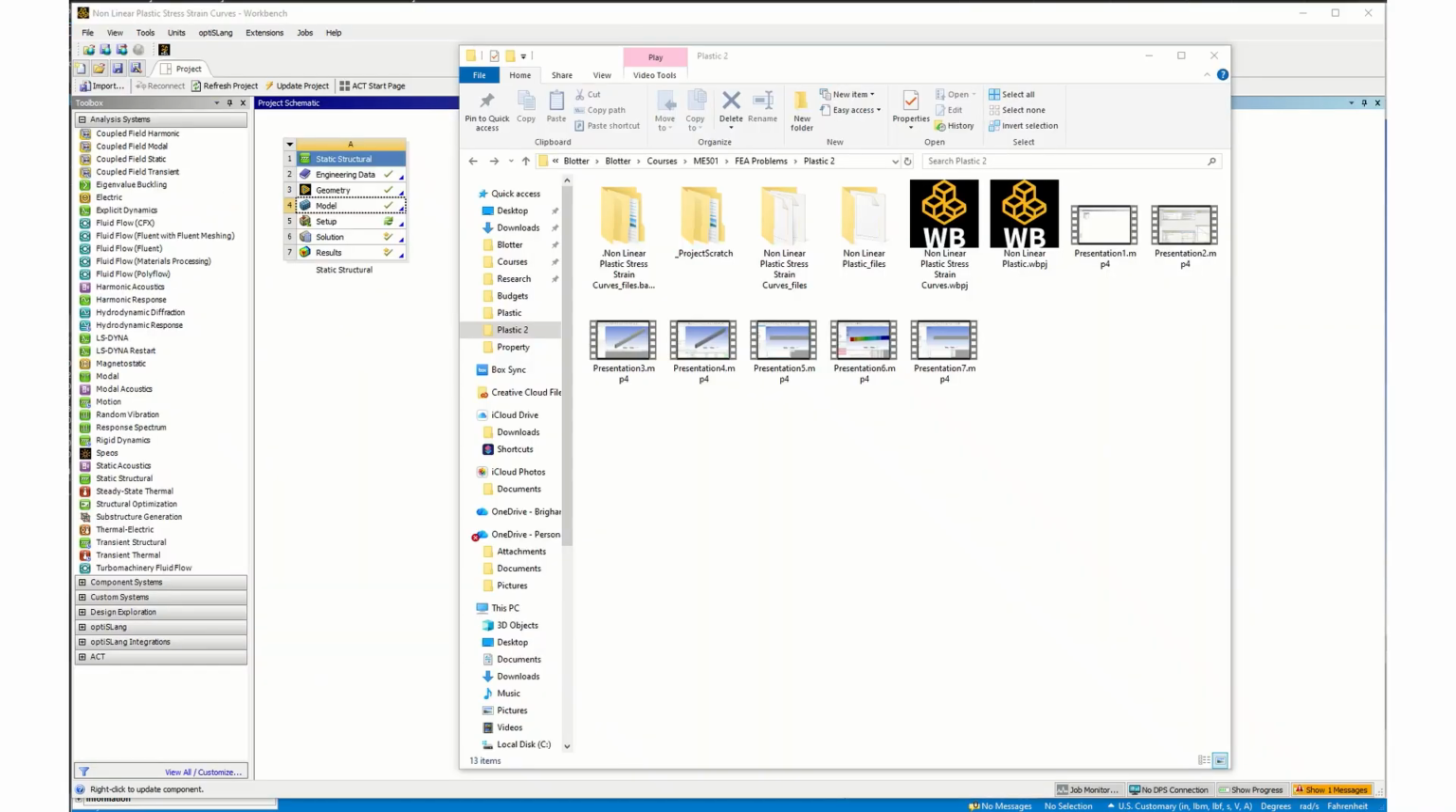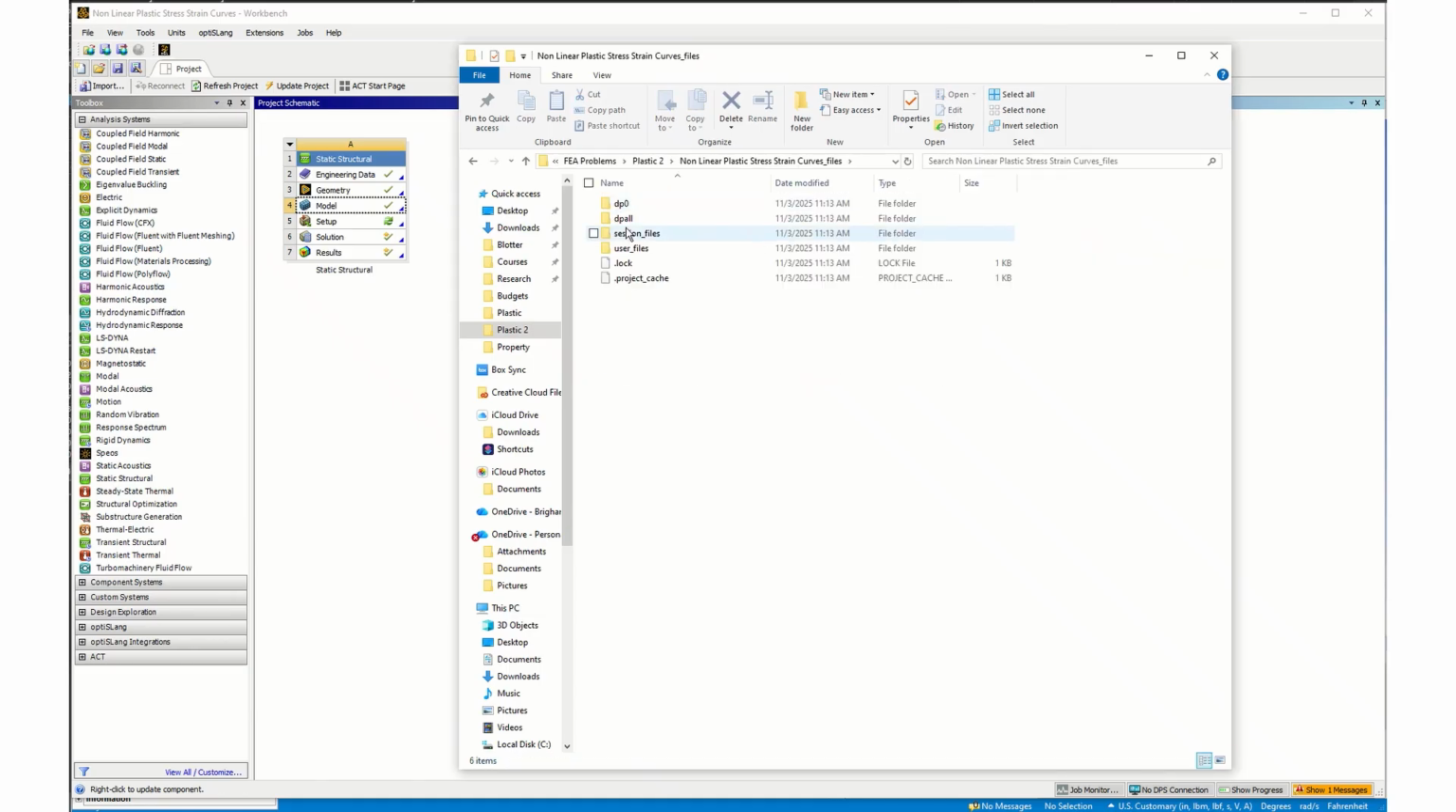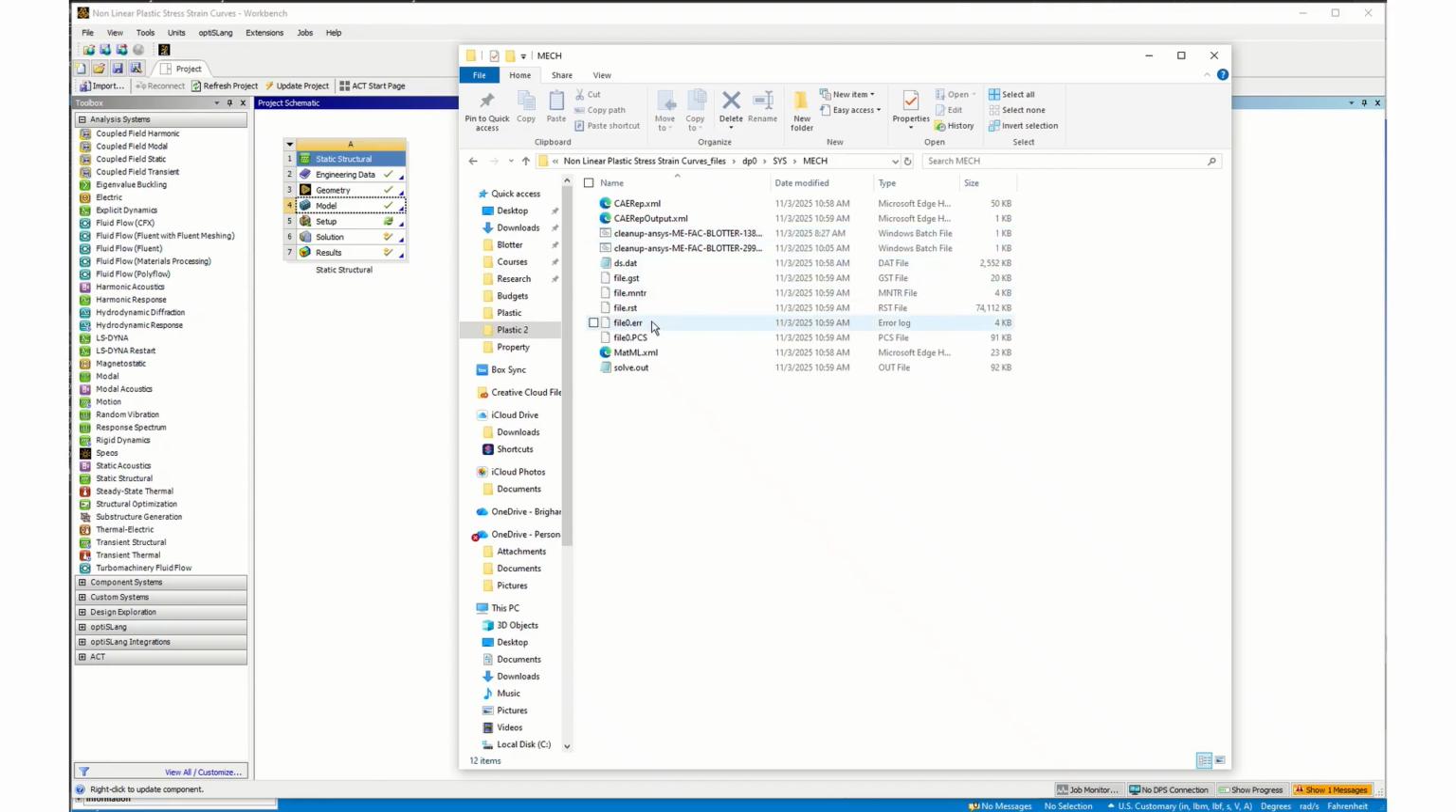One other thing I'd like to add that's really helpful is if you come to your main directory where you store your files and you click on the main file and open it up, then if you go to the DP0 sys, this is Design Modeler, where you can build your model. This is engineering data. But then this is ANSYS Mechanical, and if you open that up, it has a file 0.err,